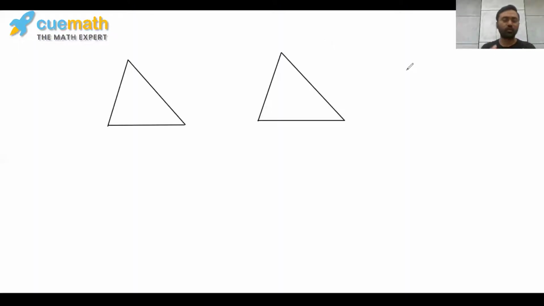So here on the whiteboard, we have taken a couple of triangles. Let us mark these two triangles as ABC and DEF. If we have to say that these two triangles are congruent, then they should completely overlap each other when they are kept on each other. Also, these two will have to be a mirror image of each other.